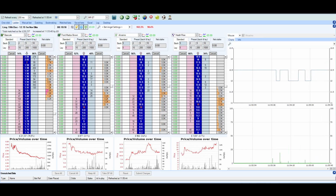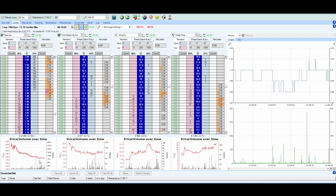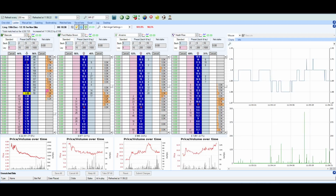Let me just see when the next one after this would be. 12:30. Okay, all right, cool. Yeah, all right, I'll focus on this one. Just got to be patient. So at the moment, just looking for some clarity. I want to see, potentially this is rolling over to punch higher. So I'd want to see some break of this previous resistance that it's made. I'm guessing around,